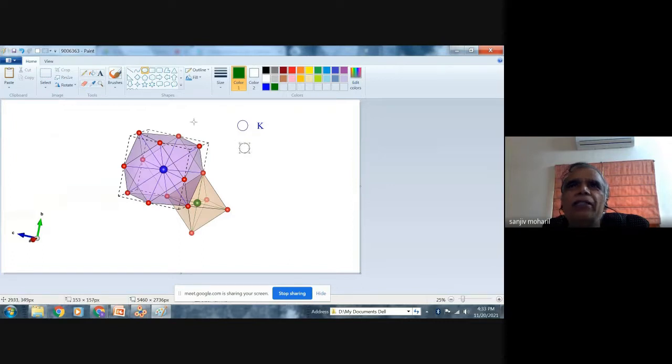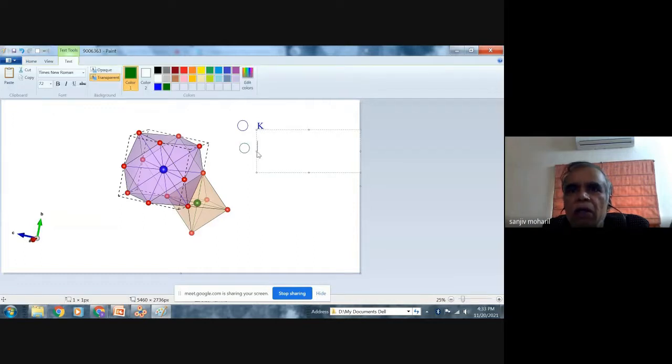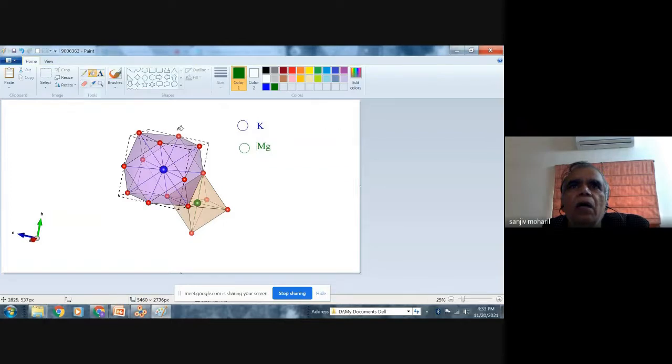This is the magnesium atom. And this is the fluorine atom. This way I will show fluorine.